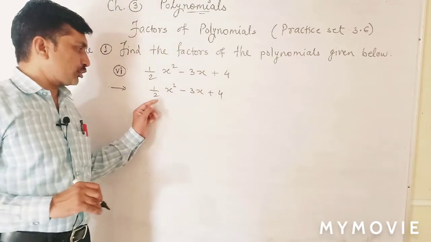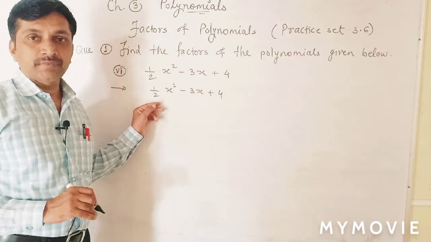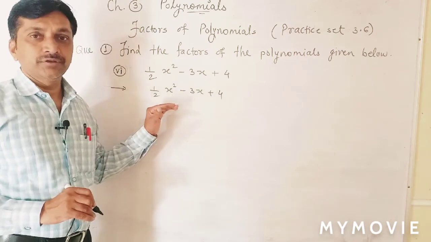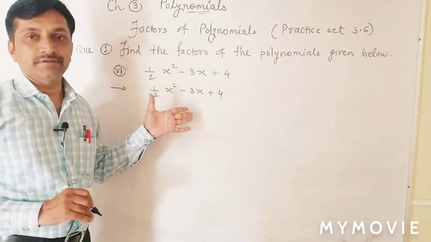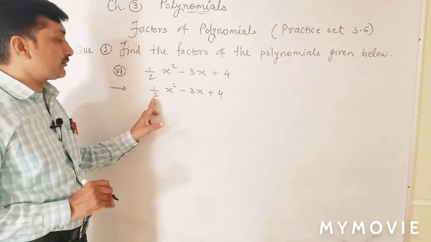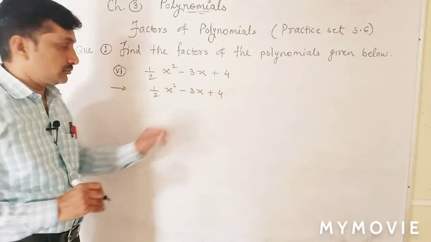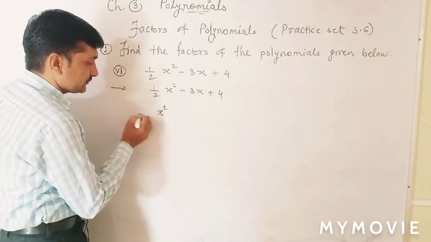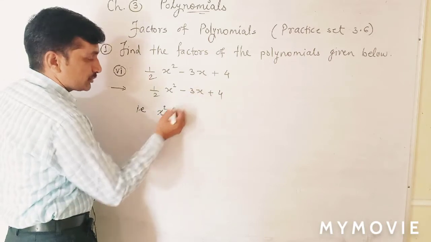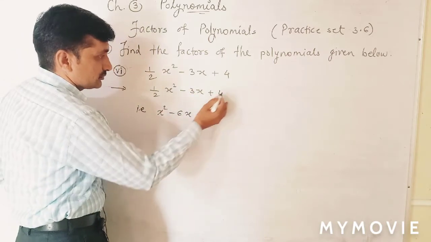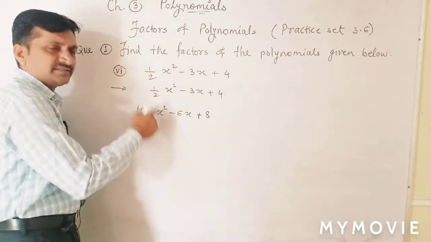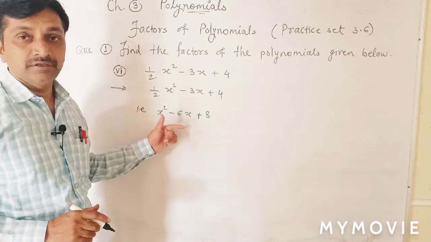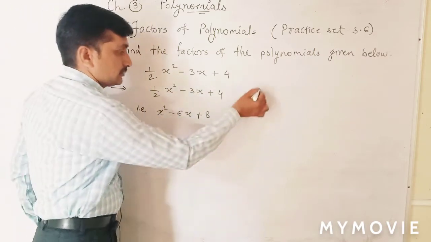Now we are in this polynomial, here is a fraction as coefficient. Therefore, if any fraction is there as a coefficient, try to cancel that. Now if we don't want 2 here, we have to multiply by 2 to all. If we multiply by 2 here, 2 will cancel, means only x square is left. Multiply by 2, 3 twos are 6x plus 4 twos are 8. This and this are the same. If we divide by 2, we get this here. But for factorization, it is easy.